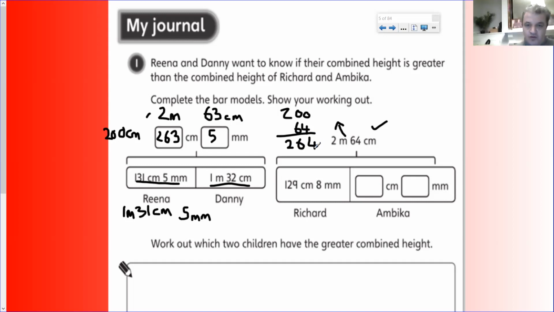Now, Rena and Danny want to know if their combined height is greater than the height of Richard and Ambika. No, it's not. So Richard and Ambika's combined height of 264 centimeters is greater than the combined height of Rena and Danny, whose combined height is 263 centimeters,